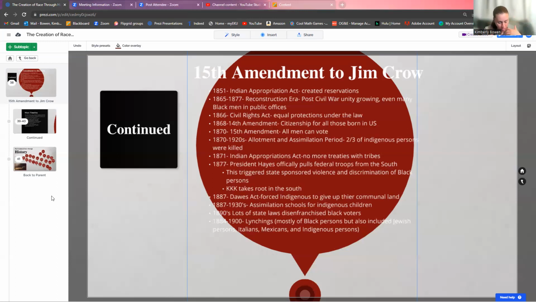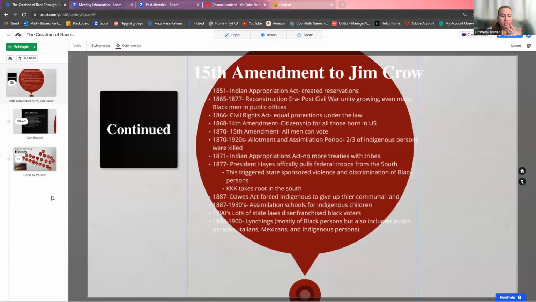So essentially what happened was, in the same way that Roe v. Wade just got overturned, and so you had a bunch of trigger laws that went into effect the second that was federally overturned. Essentially, the federal troops were there to ensure that Black persons were not discriminated against, and that they were freed, and that they had, to an extent, some resources and were not having violence done to them. And so in pulling that from the South, what you got was a bunch of really discriminatory laws and